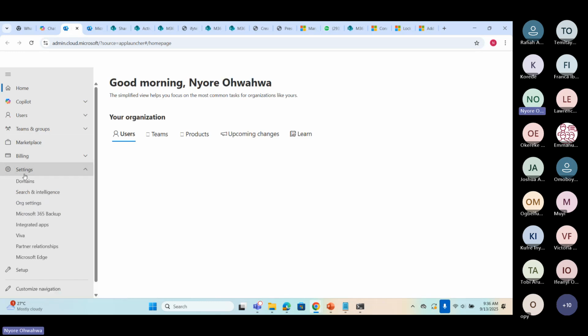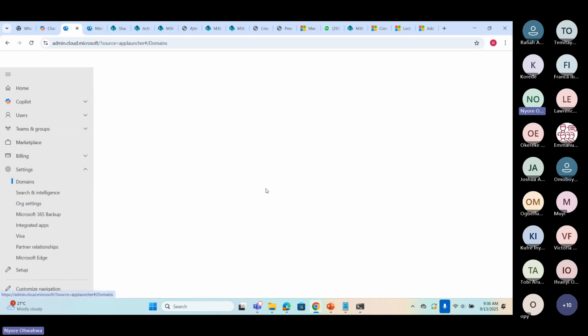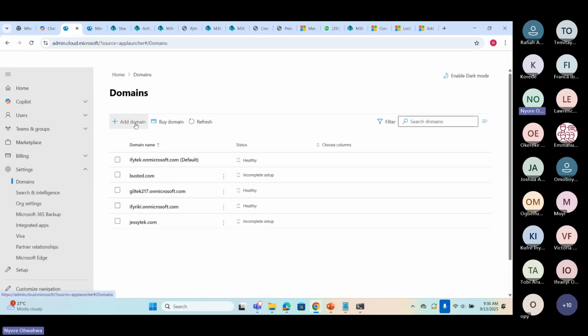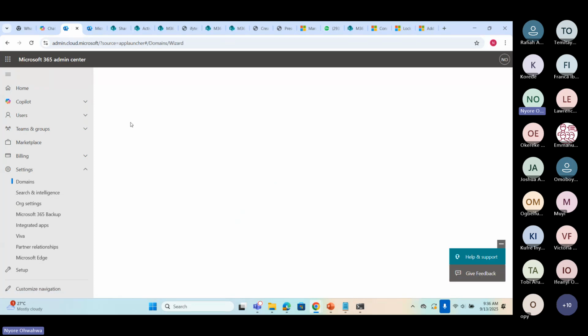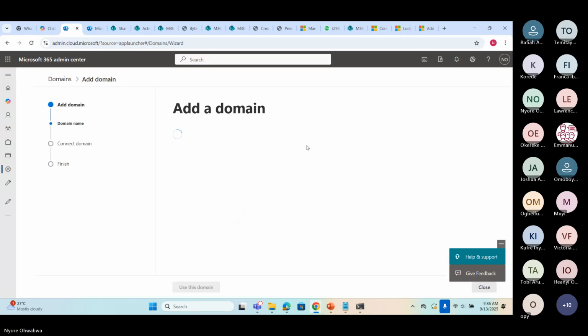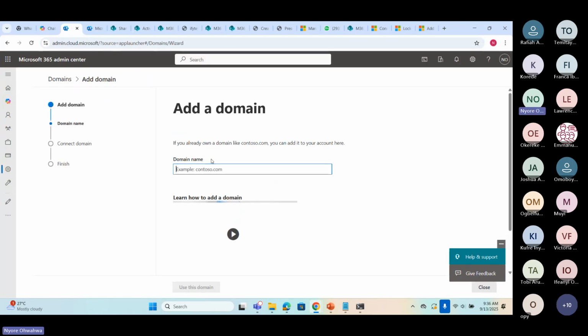So I will quickly just do that and see. So go to settings, domain, and click on add domain. And then I can add a new domain.